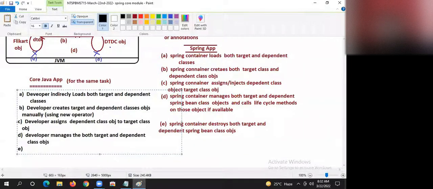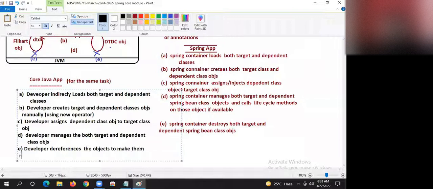And developer dereferences the objects to make them ready for garbage collection.